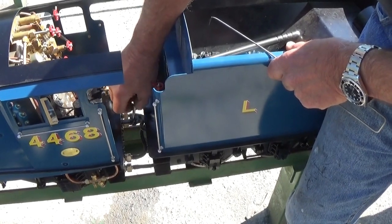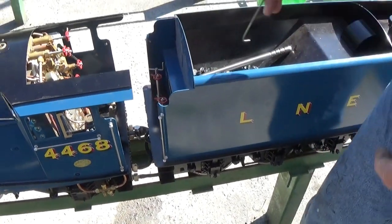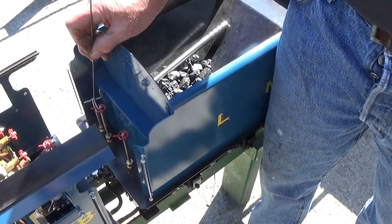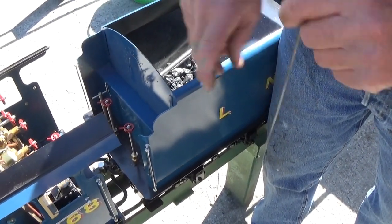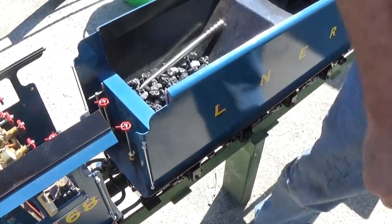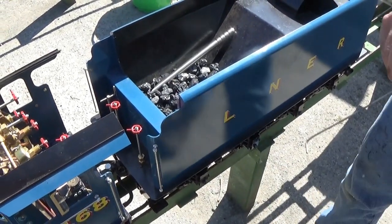It's a 2-part drawbar. Then on the tender, 2 water valves, left and right injector, and the handbrake. And the front plate of the tender lifts out for access to the cab. In the cab,